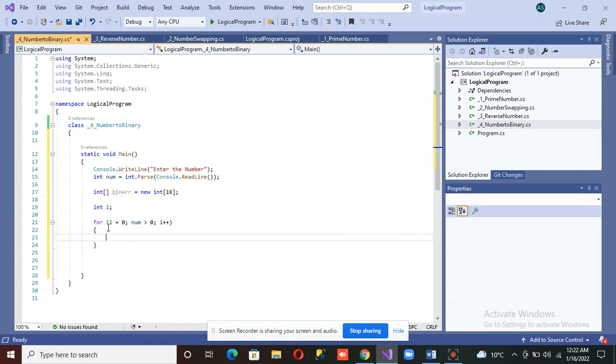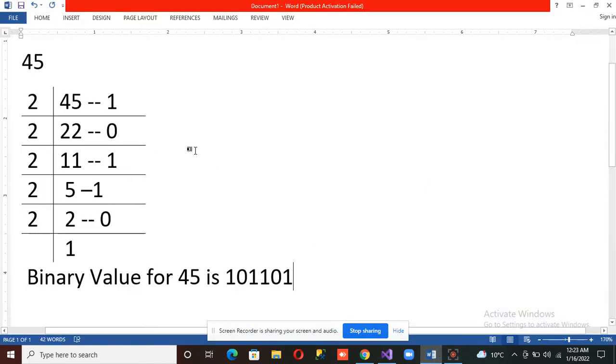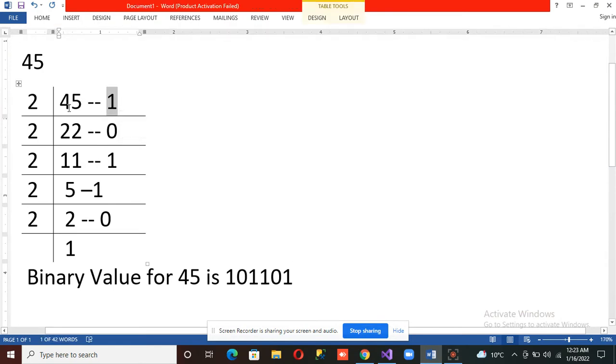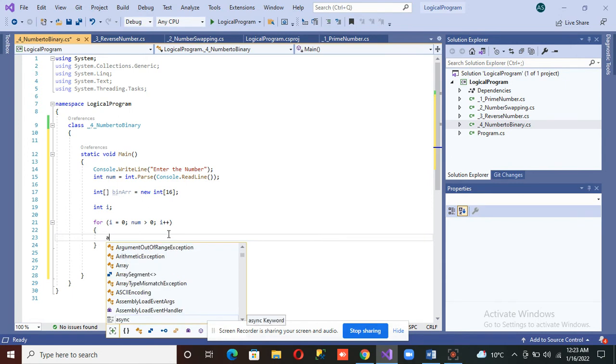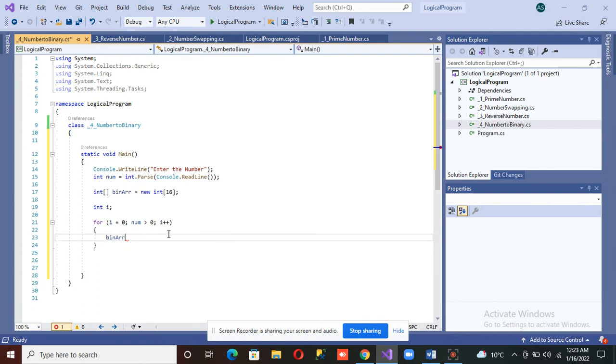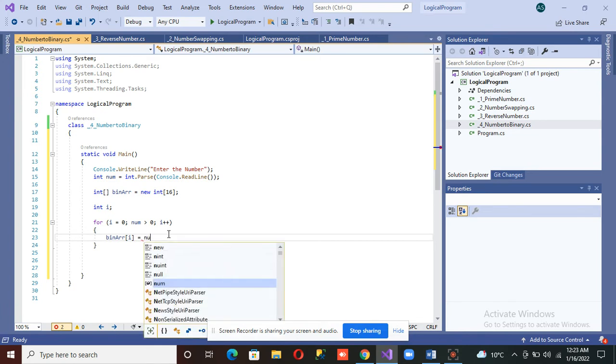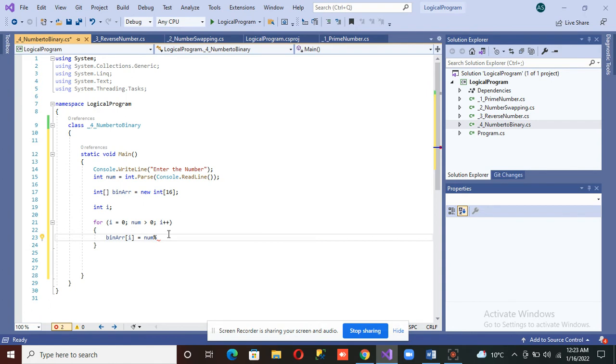So what we are doing, we will find out the remainder first, and then we will divide the number and find out another number. So how can we do that? We already created an array, binary, and provide the index i is equal to num percent, which is an operator to find out the remainder, by 2.